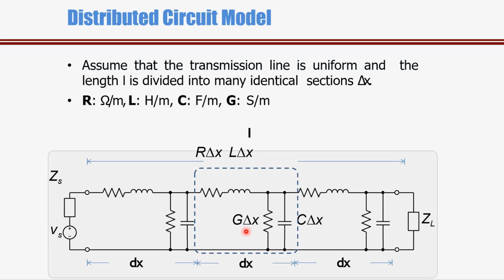Conductance is there because the material may have some conducting values or conducting ions like that. So because of the manufacturing material used, each transmission line has its own characteristic impedance, or we can say each transmission line has its own R, L, G, C values, and those values are repeated for every unit length, delta x length. So this is the distributed circuit model of a transmission line, and we are going to find out what is the characteristic impedance, what is its equation, what is the propagation constant, and so on.